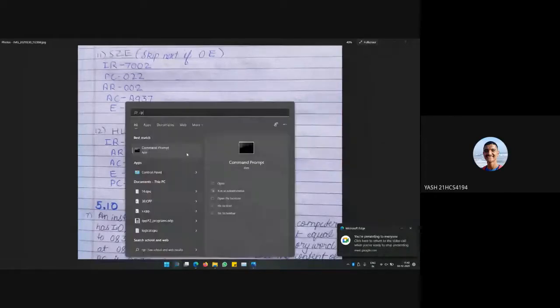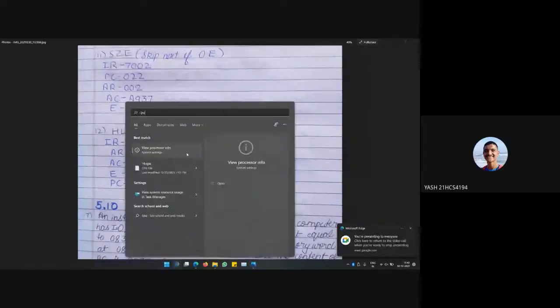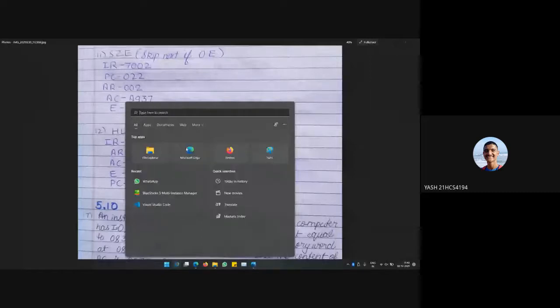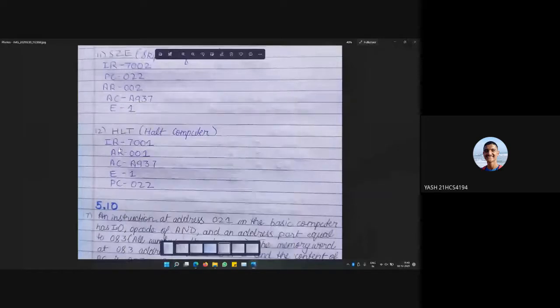I can show halt in CPU sim itself. Here we just have to check the instruction. In the table we have given that halt corresponds to the 7001 instruction code. So the instruction register will store the complete code. The last 3 bits of the instruction are stored in the address register. So the address register will store the value 001, and there will be no change in the accumulator register,